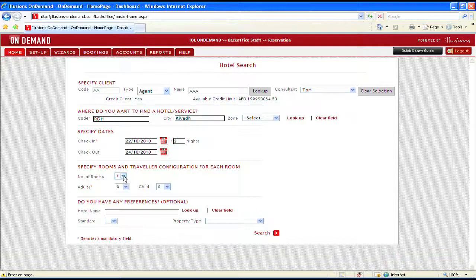Specify rooms. Using the drop-down, select the number of rooms if you want 2 different rooms for different passengers. Select the number of adults, followed by the number of children. The age option automatically appears. Select the age of the children,